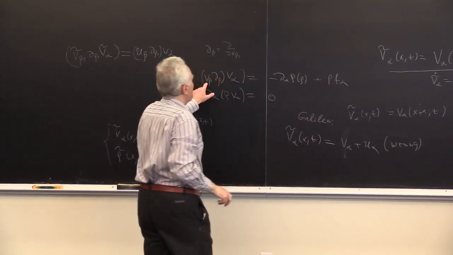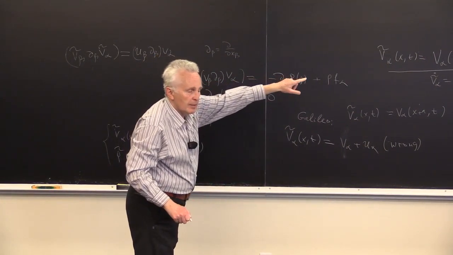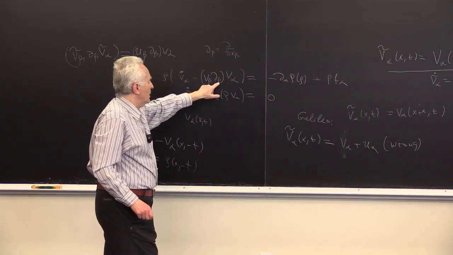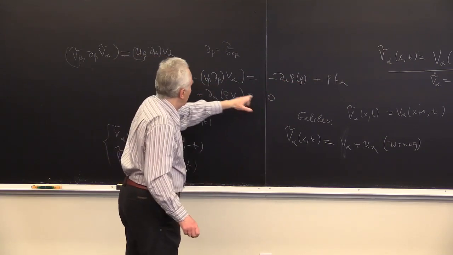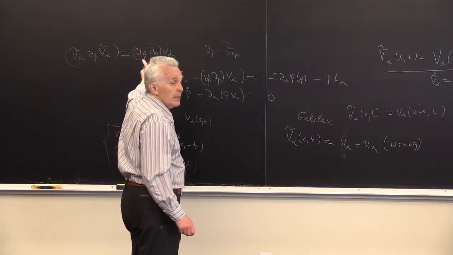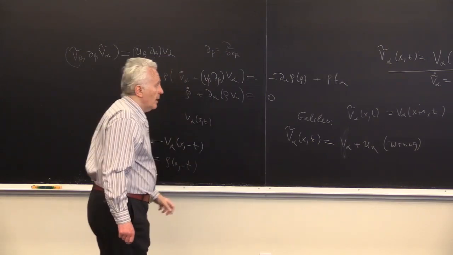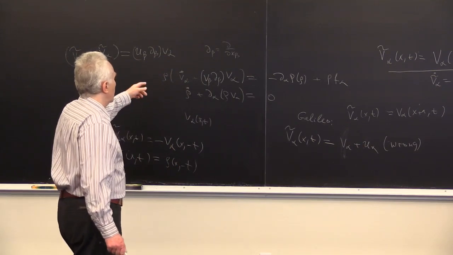So once again, there will be two terms. When you make this substitution, one comes from the shift of velocity u, and it will give you this term in the equation. And then the other comes from